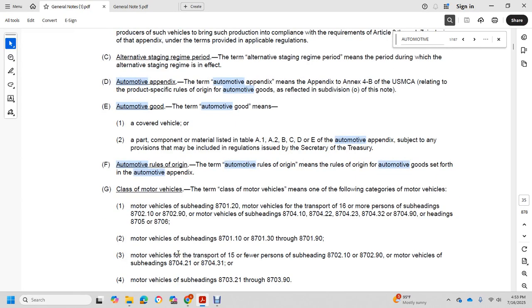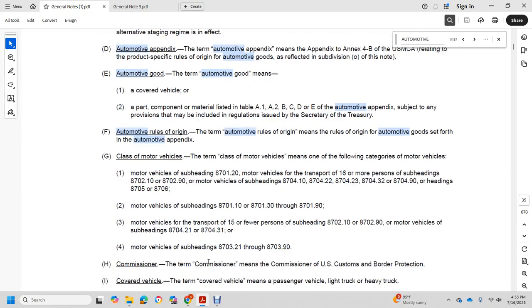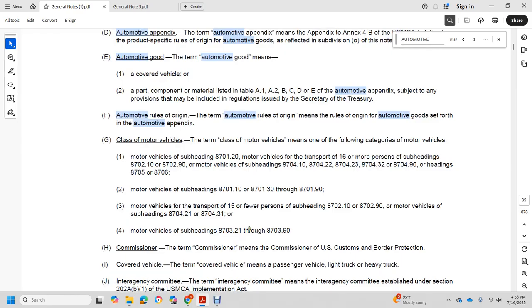Motor vehicles, subheading 870110, 870130 through 870190. Motor vehicles for transport of 15 or fewer persons, subheading 870210 or 870290. Motor vehicles, subheading 870421, 870431. Motor vehicles, subheading 870321 to 870390.